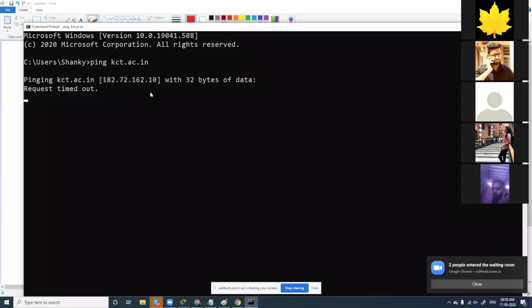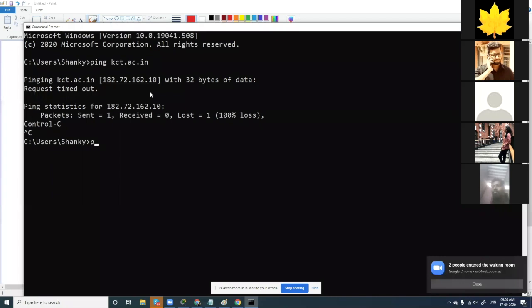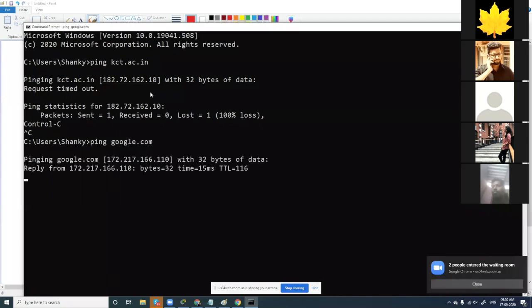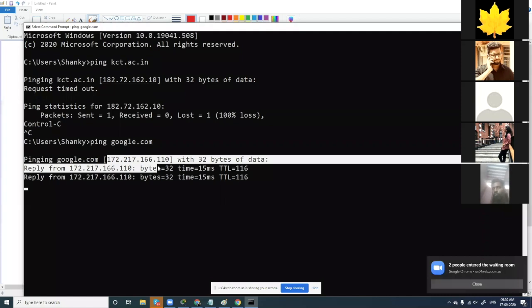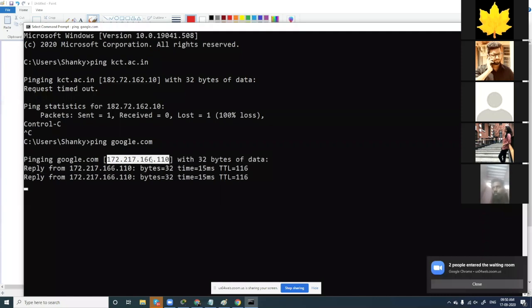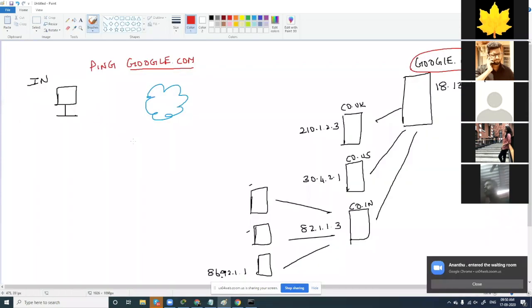Likewise, you ping google.com, and I get the IP address of google.com. Because I'm trying to ping this google.com which is here, I expect the IP address of google.com in my reply.